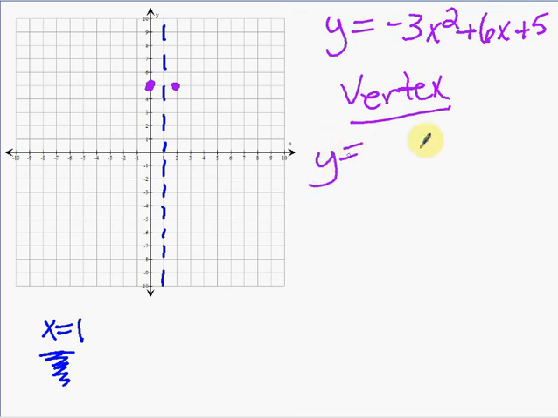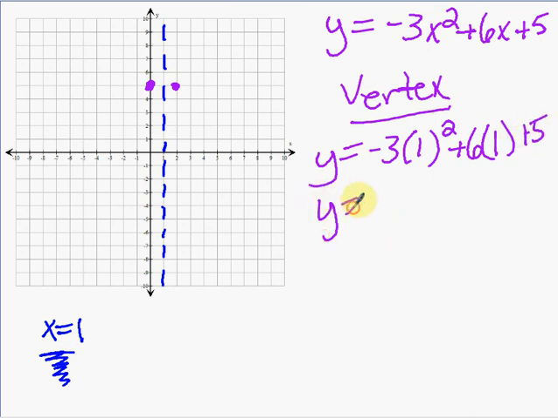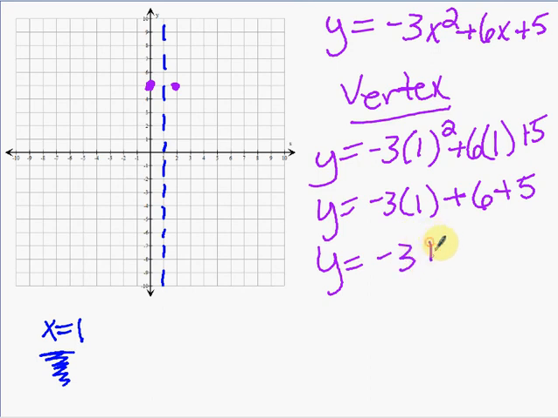We're going to take our function, and we're going to plug in this number, this 1 that we got earlier in the problem. Whatever number you get there for the axis of symmetry, you're plugging that in for x. So we'll do that right here. And let's see what pops out for y. Well, we have -3 times 1, I just squared the 1, plus 6, plus 5. And this results in -3 plus 6 plus 5,